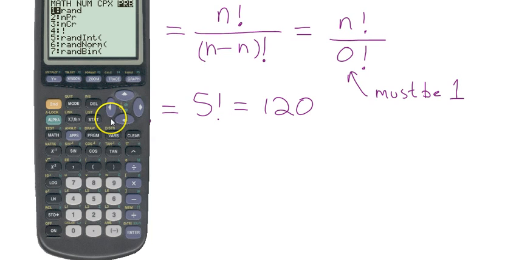Left arrow to probability, 4, then factorial. Enter. Same thing, right? So 5P5 is the same as 5 factorial, if you're arranging n objects n at a time. So you can use nPr all the time, or you can use factorial notation. They'll be distinguished on a test because sometimes it'll come out in factorial notation,